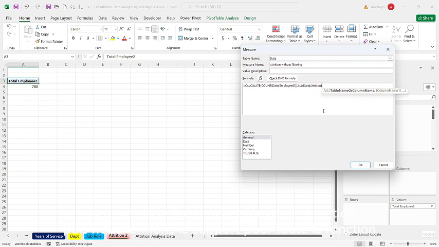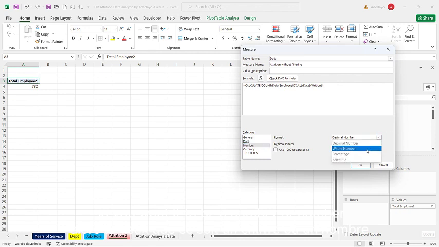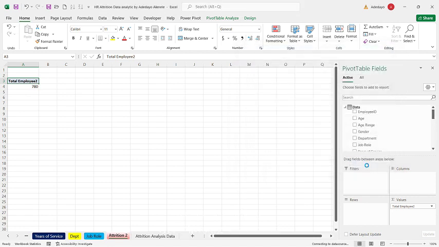Then we close the bracket for all function. Then we close the bracket for calculate function. So we want it to be a number, whole number. Yes. Click OK. Now,